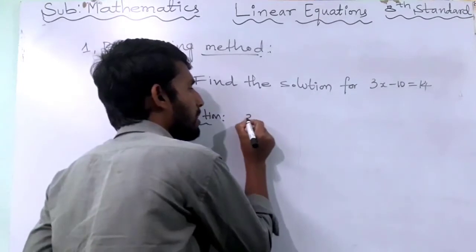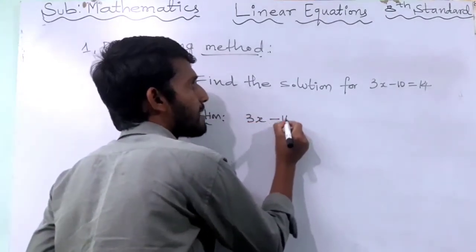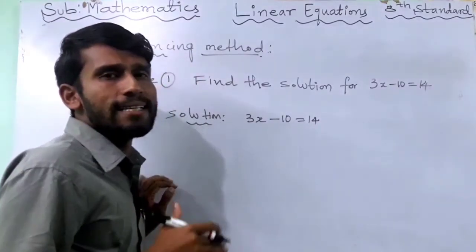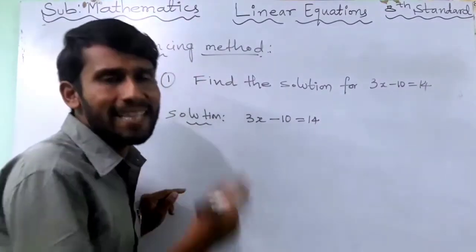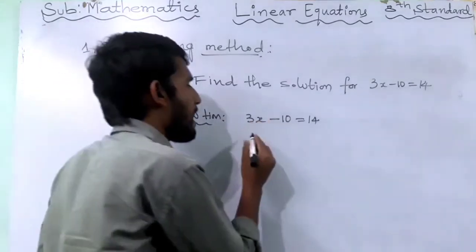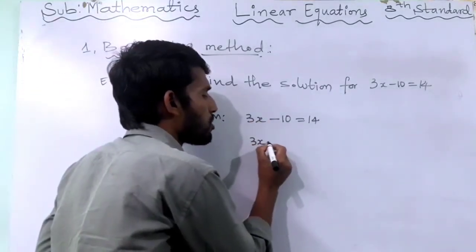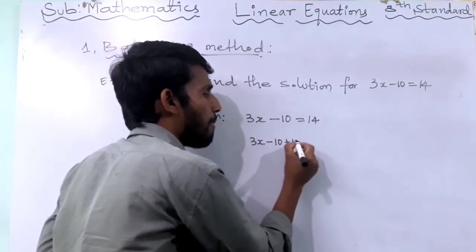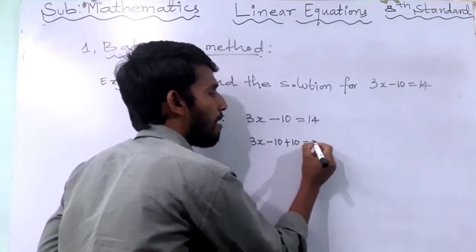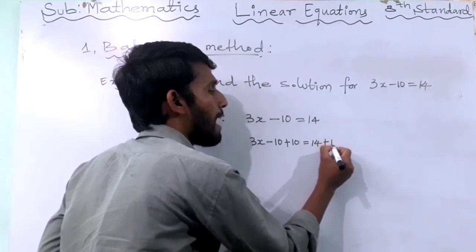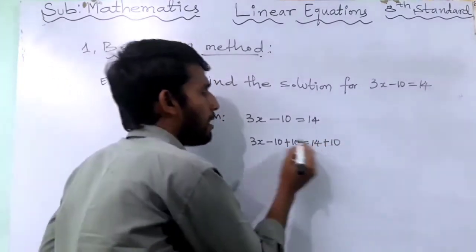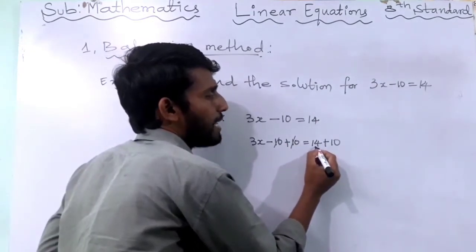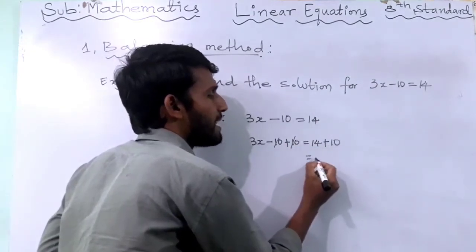Now, first one, 3x minus 10 is equal to 14. This one we have to add the same number on the LHS side and RHS side. See, first I am adding plus 10 on both sides. See, this is the LHS side. I am adding plus 10 and on the RHS side also I am adding plus 10. Now here minus 10 plus 10 cancel. Here when we add 14 plus 10, we are getting